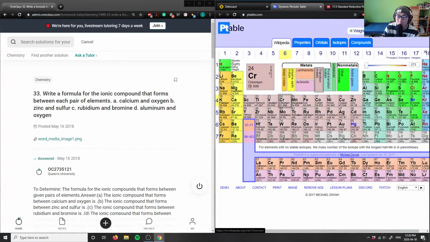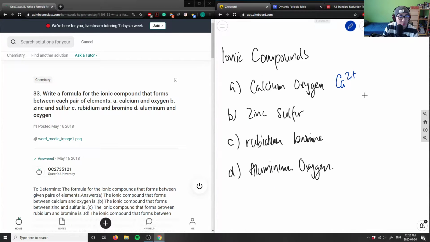Oxygen, it's a non-metal, right? So we will look here on my right side. As you can see, oxygen here lies on group 16, which is the O here. If it's group 16, which means I will have a charge of 2-, right? I have 6 valence electrons, which means I need 2 more electrons to fill the octet here. So 2- here. So in order for me to solve for the ionic compound here, you could use a crisscross